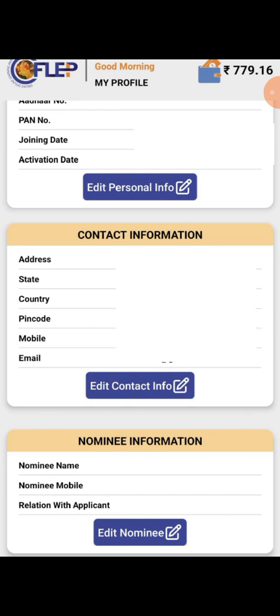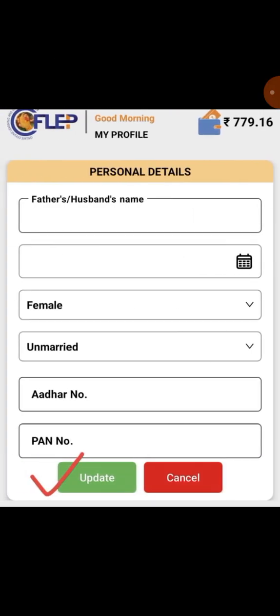Once you click personal info, you will find this preface. Here you have to write your father's or husband's name, write correctly, as it is found in your Aadhaar card. Don't write wrong. Second step, female, married portion, Aadhaar card and PAN card.